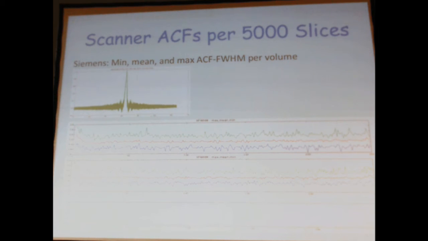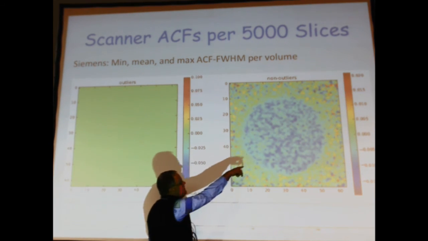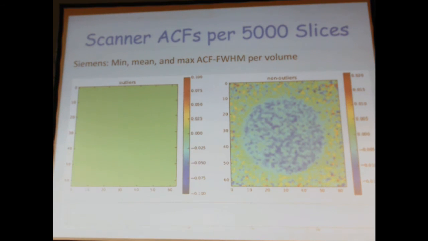This is what a good scanner looks like, the Siemens. This is the min, average, and max in the X and Y direction, with no slices outside threshold, and as you would hope, there are no outliers. And here you can see just 0.02%. That's what the average